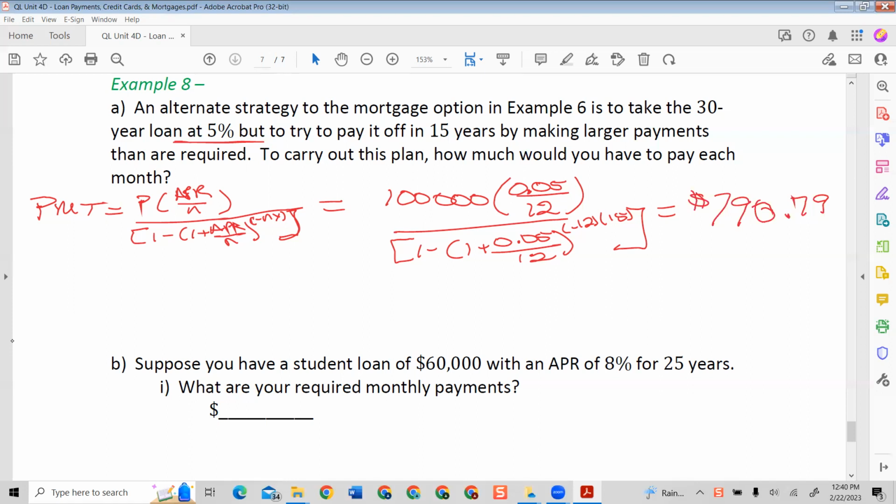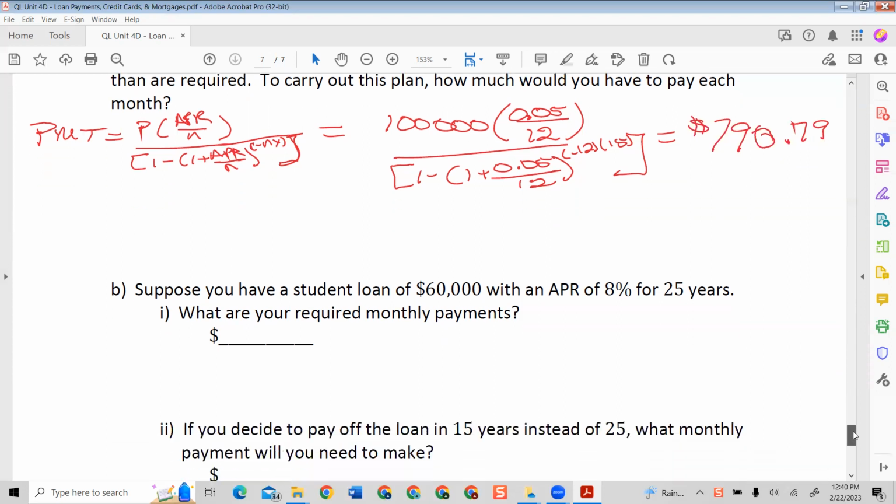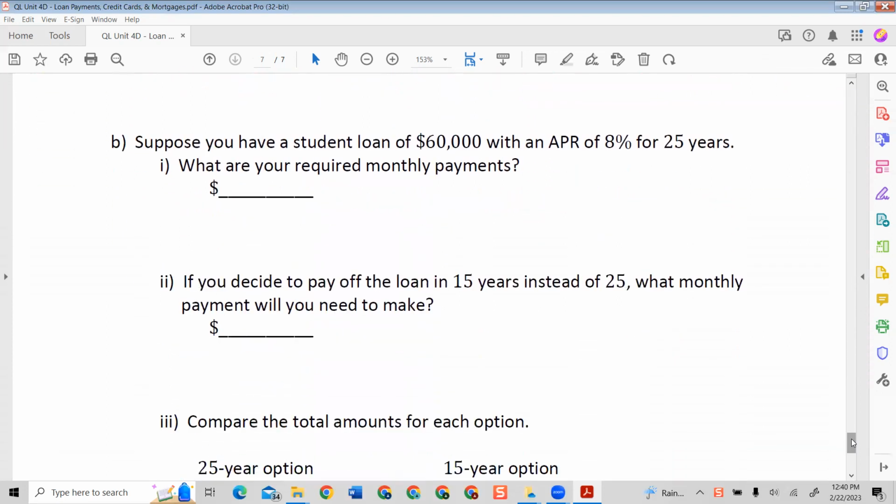So part B says, suppose you have a student loan of $60,000 with an APR of 8% for 25 years. So what are the required monthly payments? We're going to use the same formula we used above. So I'm just going to acknowledge this is my principal. This is my APR, and we're going to write it in decimal form. This is my Y. Again, N is 12. So when we plug this all into our formula,